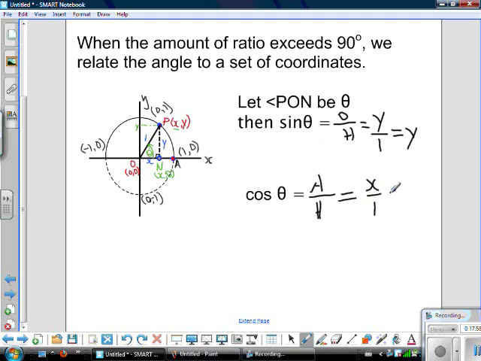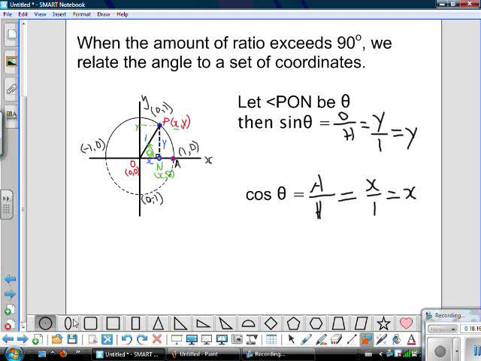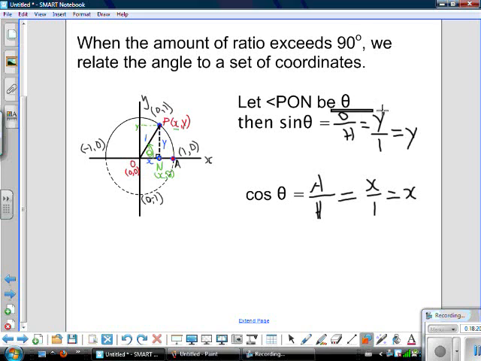And just like for the sine, we would put that as being just x. Now, as I said, this is really important, and some of you maybe recognize it as being important, but just to point out exactly why it's so important, I'm going to